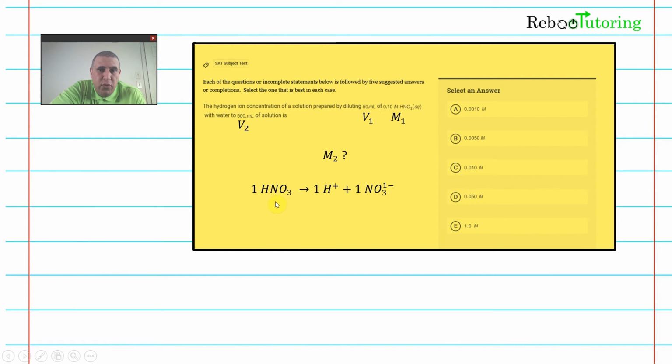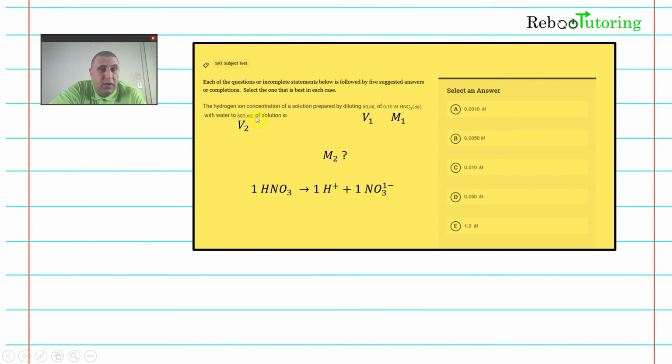So when you put the HNO3 nitric acid in water, it's going to dissociate into the hydrogen ion and the nitrate ion. And as you can see, this is balanced, and 1 mole of HNO3 has 1 mole of H plus. So it's a 1-to-1 ratio. So if they say that you have 0.10 molarity of HNO3, you also have 0.10 molarity of H plus or